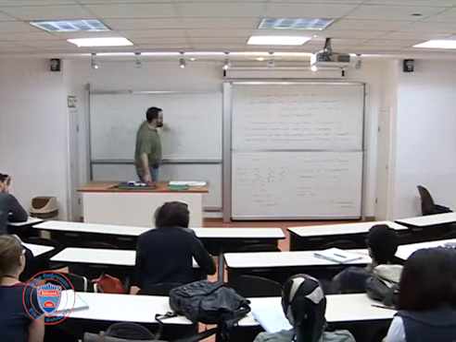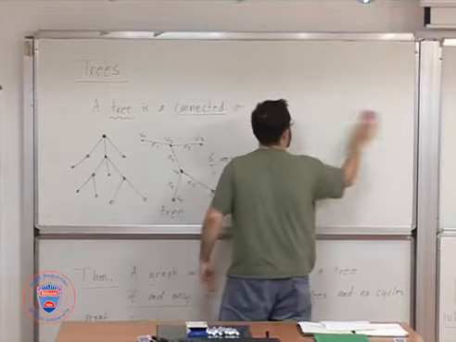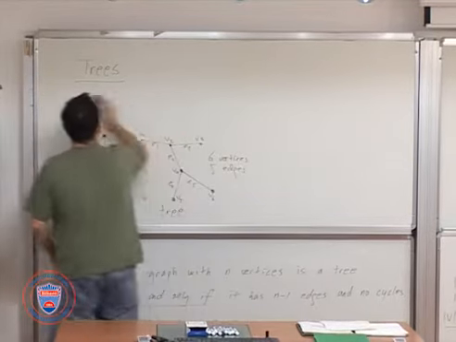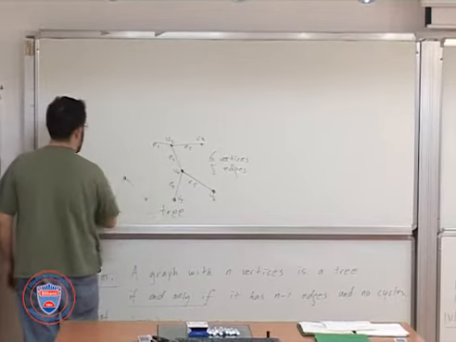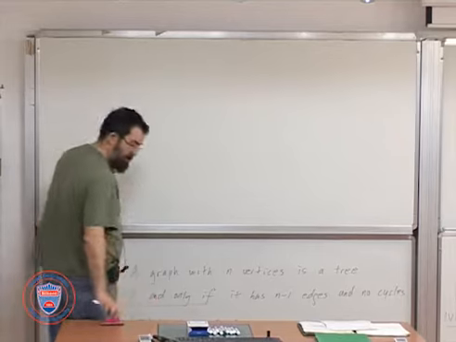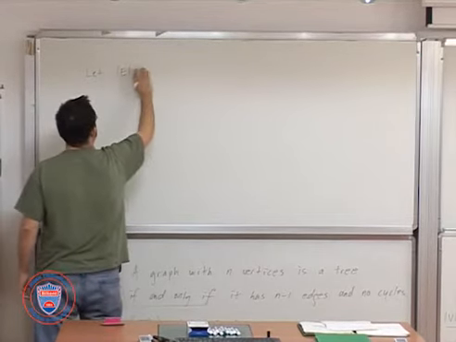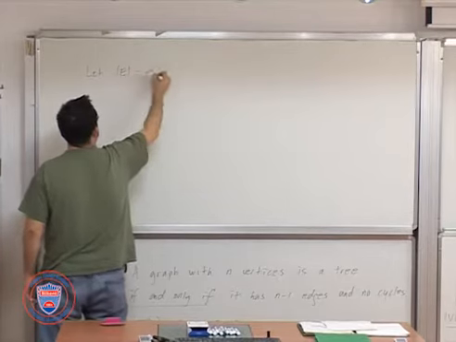So we want to obtain the number of edges n minus 1. So that number of edges is some number e, okay,